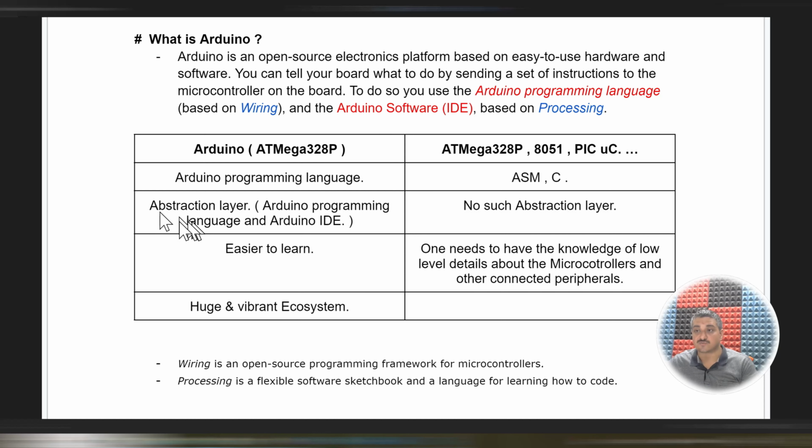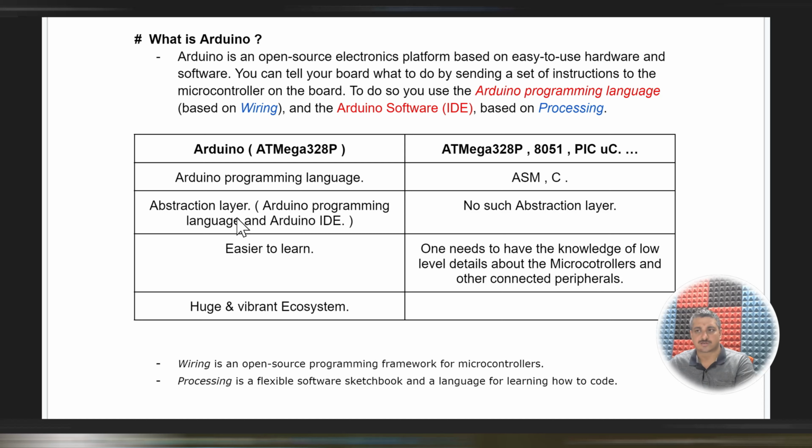Okay, and that is what is done by this abstraction layer. I repeat, abstraction layer means the complicated issues. The Arduino people have taken care of the complicated issues and they have made things simpler for you. How simpler? Because they provide you some APIs and you can write programs with the help of those APIs, and without knowing the low level details of microcontrollers like Atmega 328P, you can write microcontroller programs